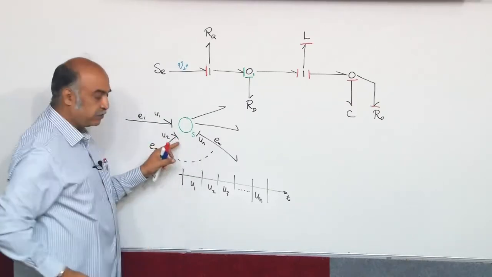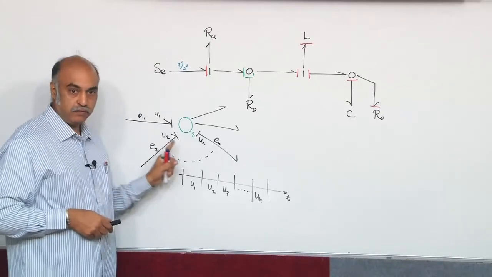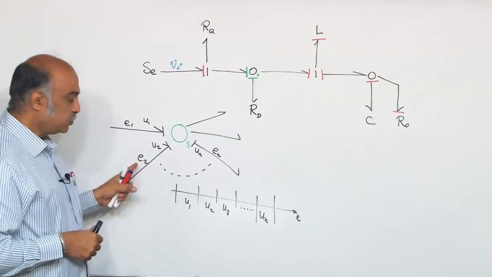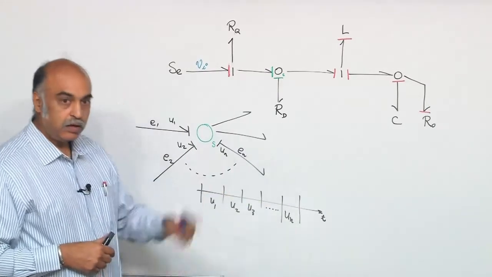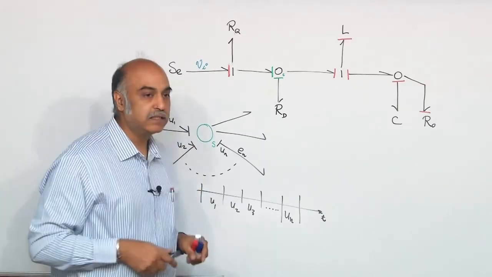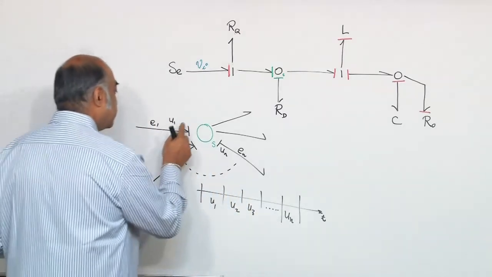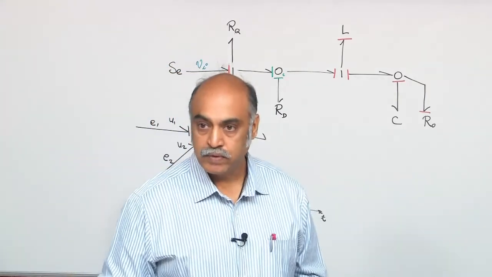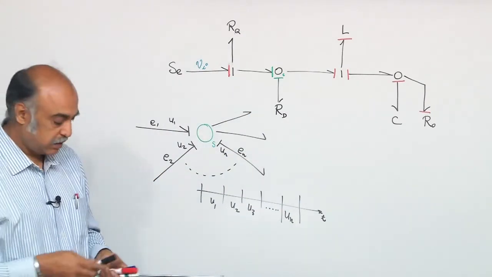All the other effort decider bonds are passive. The active effort decider, passive effort deciders which are not there in the picture. Okay. During U2, this becomes active, all others become passive. So on, during Un, this is the active effort decider for the 0 junction. Such a junction is called a switched power junction. So, whenever you see a junction having such multiple effort deciders, such a 0 junction is a 0S junction or a switched power junction.